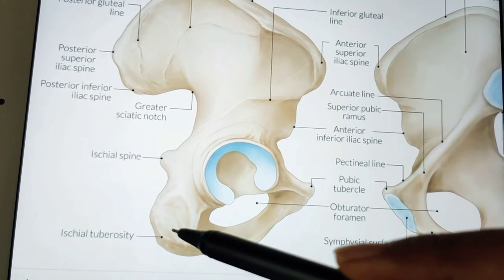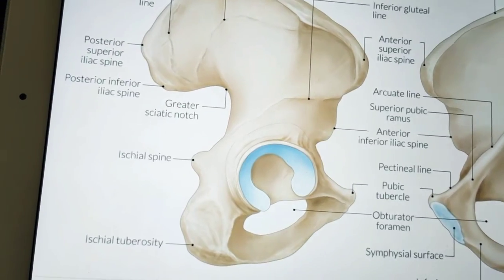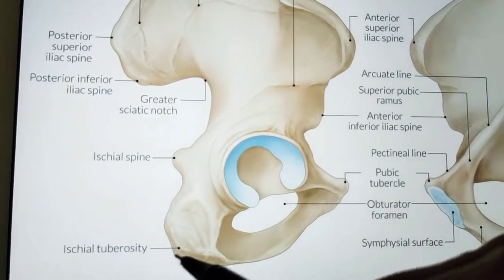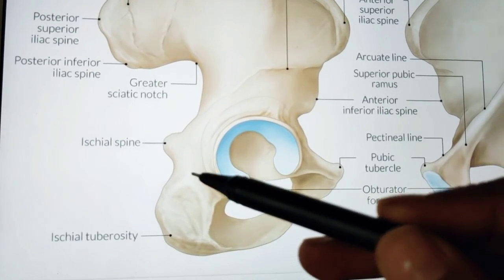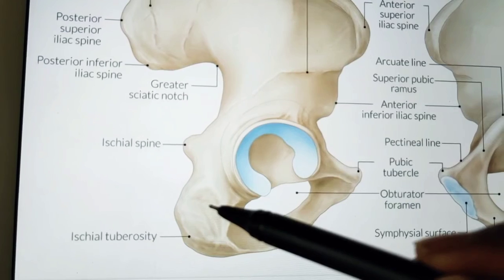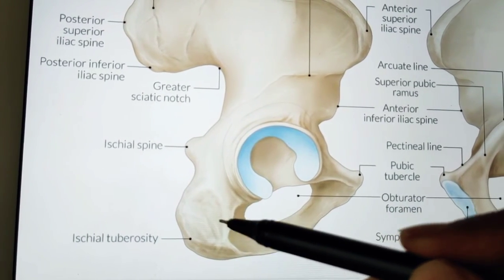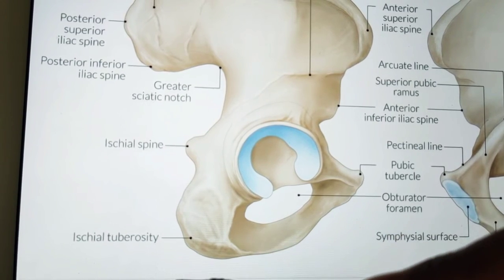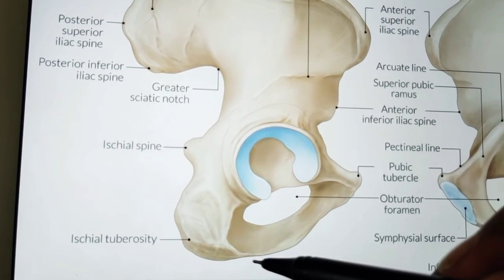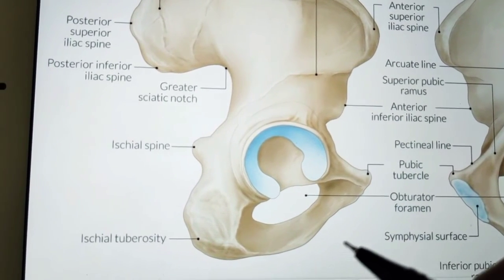Next, coming to ischial tuberosity, it is divided by a transverse ridge into upper and lower area. The upper area is subdivided in turn by an oblique ridge into superior lateral area and inferior medial area. The lower area is in turn subdivided by a longitudinal ridge into outer and inner area. Okay, so about this we can understand more in our attachments of muscles of the ischium.